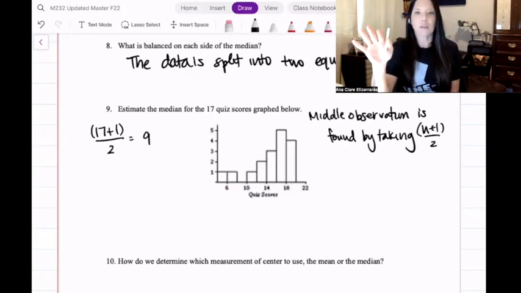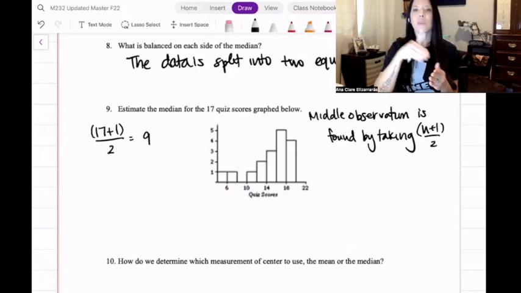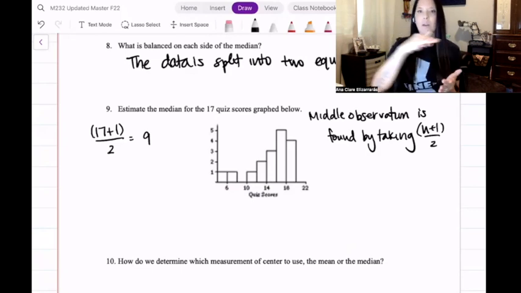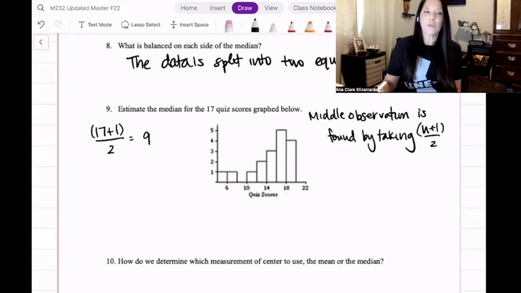That's not the median. That just tells us where the median is. So we are looking for the 9th observation. So where is that? The way that you look at a histogram, you start from the left-hand side and you think about how many are in each bin. You need to figure out where the 9th observation is. What bin is it located